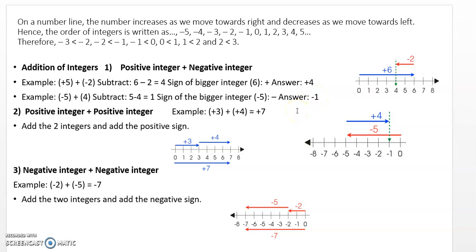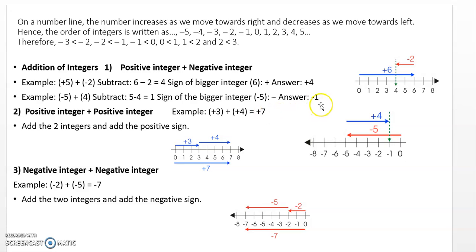So if the two numbers have the opposite sign, you have to do the subtraction. But if the two numbers have the same sign, you have to add only. So here it is 3 and 4. Since these two numbers have the plus sign, the same sign, do the addition and put the plus sign. Now for the numbers having the plus sign, no need to put the sign. Only for the minus, you have to put the sign in the answer.